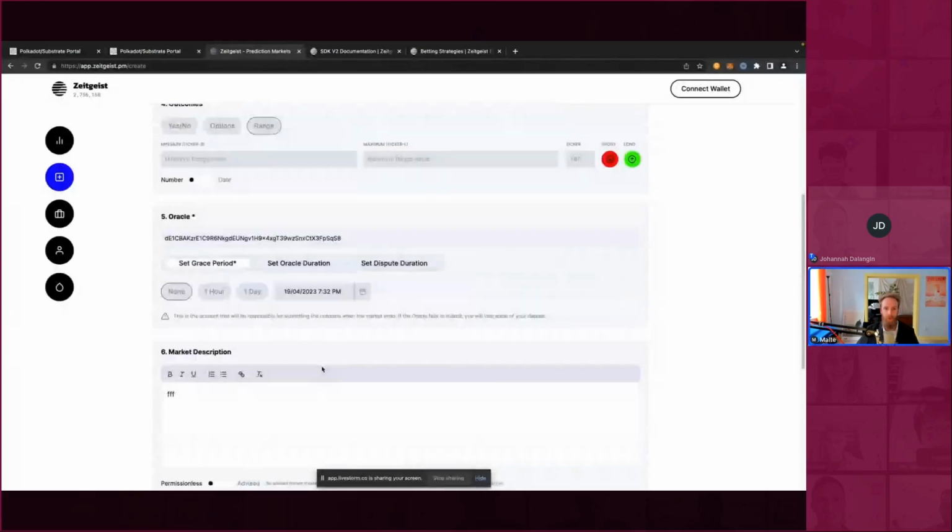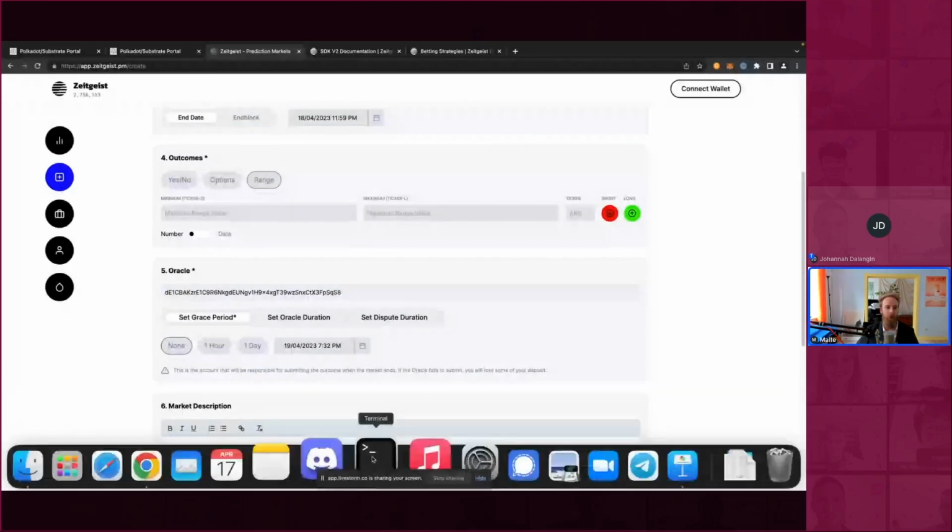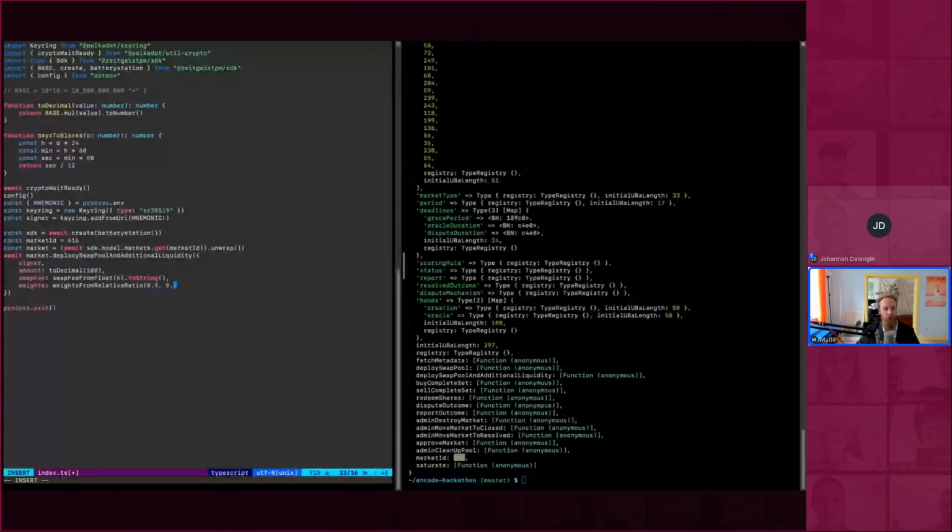Yeah, it's short first. If you want the short token to have a certain price, like 90 cents, and the long token price of 1, then you can use this weights from relative ratio function.